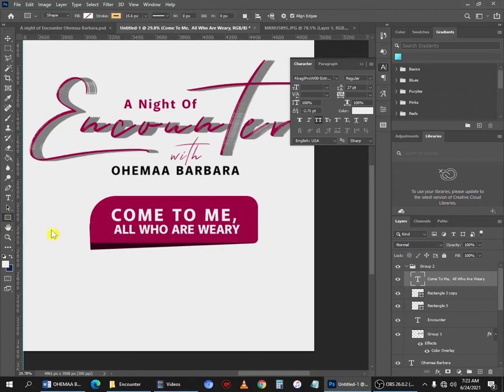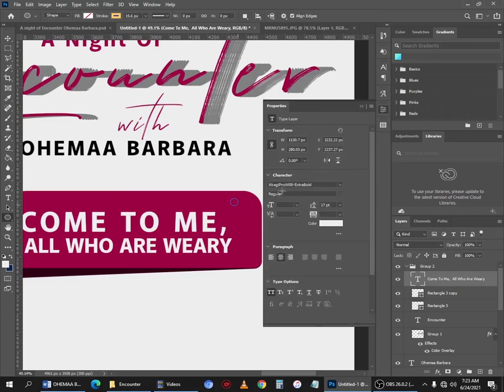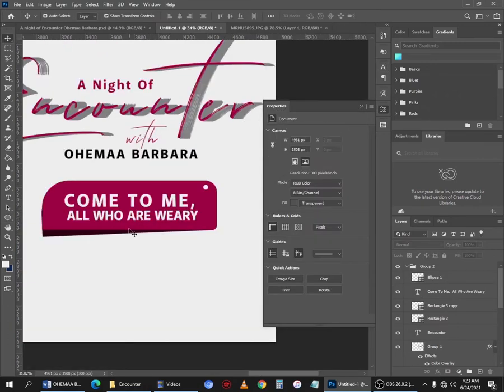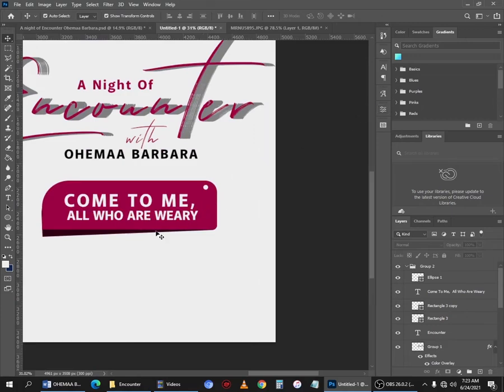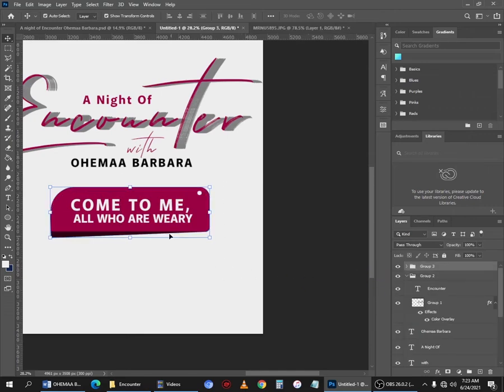Then at my shape side, I will select the ellipse tool, which means the circle, and draw an ellipse filled with white color to make it look like it is hanging. Then I will select that, but when you are selecting it, make sure everything is included. Then I will click Ctrl J to group all of them, and I will move that one also